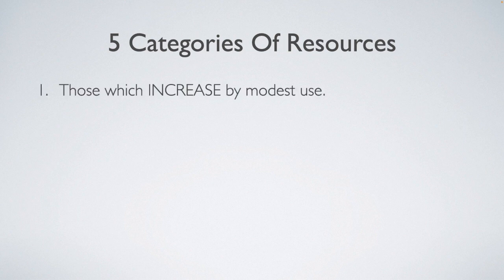So next, we need to define the five categories of resources. The first category are those which increase by modest use. These are often living things, such as seeds and plants that sprout when browsed or cut, rare breeds of plants and animals that, when raised wisely, increase in number, recycled biomass. Information is also a resource that can increase with use. If it's not used, it usually withers and becomes outdated, but when freely used in exchange, it tends to evolve and increase. This includes things like languages and inherited cultural knowledge. In general, most complex adaptive systems, living or not, increase when used.